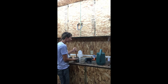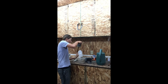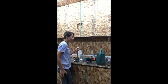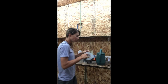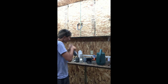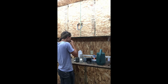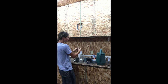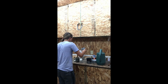Now, when I turn this over, I want to make sure that it doesn't get into my cement when I make it. So what I'm going to do is take some of that duct tape that we have and tape over it so that we don't get that kind of mess. I'm just going to do one of those. Okay, so now